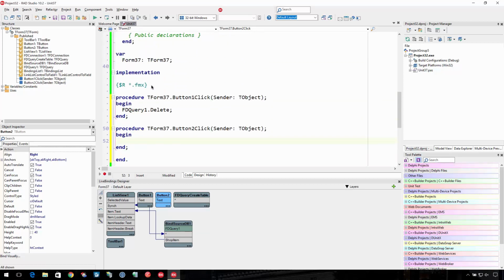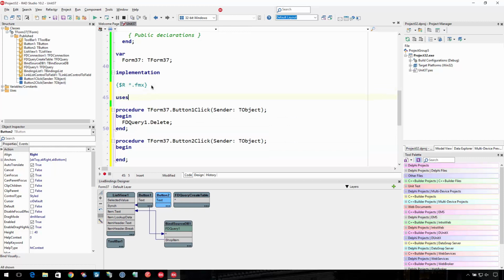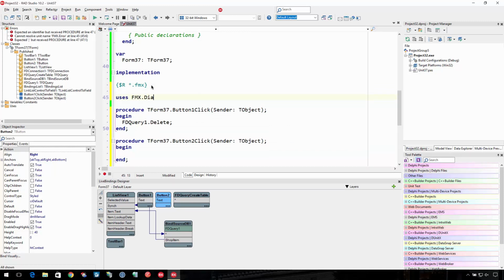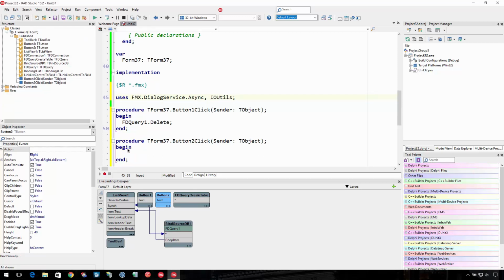Actually, I need to add something to my uses clause here. FMX.DialogService.Async, because I'm going to use an asynchronous dialog here, and I'm going to need IOUtils later, so I'll go ahead and add that now. So TDialogService.Async